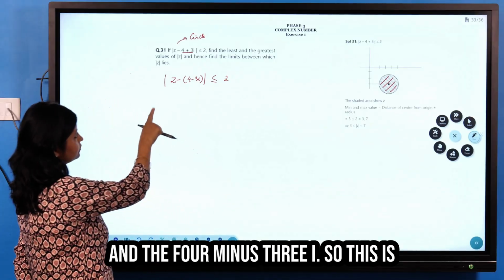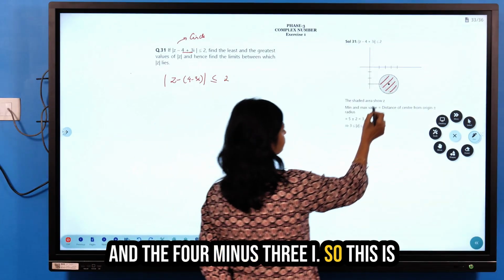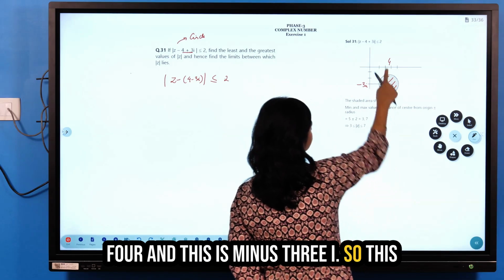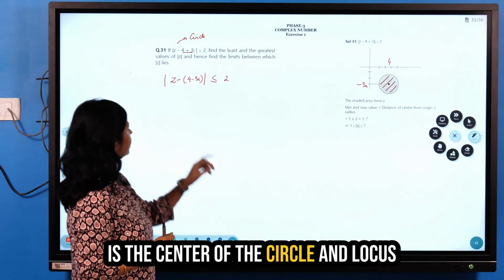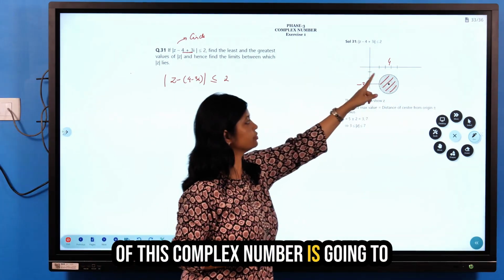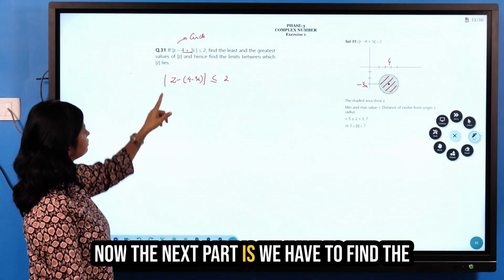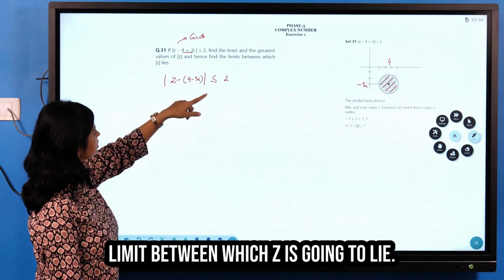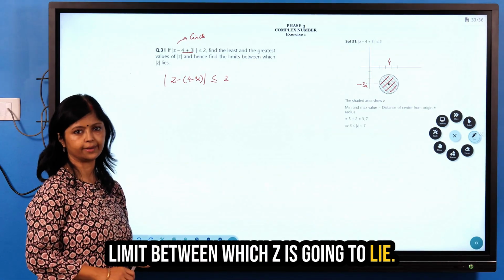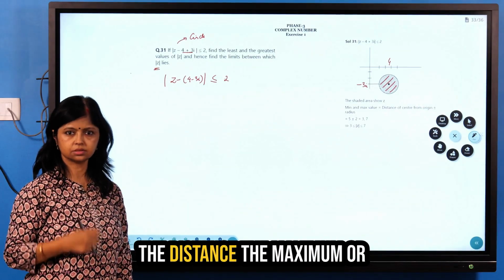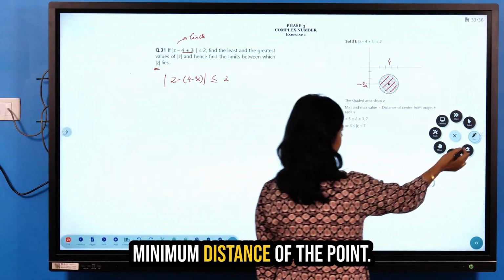And the 4 minus 3i, so this is 4 and this is minus 3i. So this is the center of the circle, and the locus of this complex number is going to be anywhere on this shaded region. Now the next part is we have to find the limit between which mod z is going to lie. So what is the meaning of this mod z? The distance, the maximum or minimum distance of the point